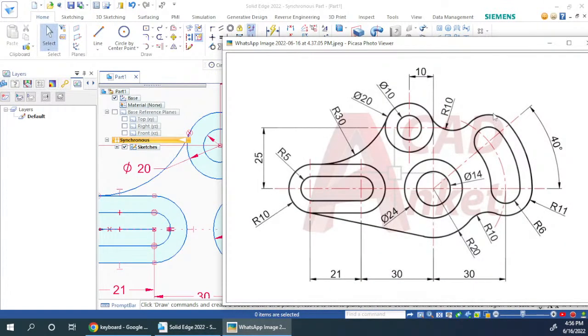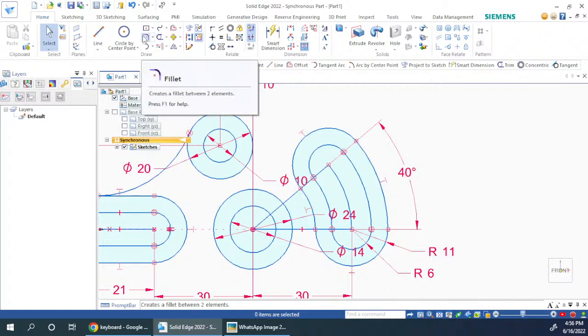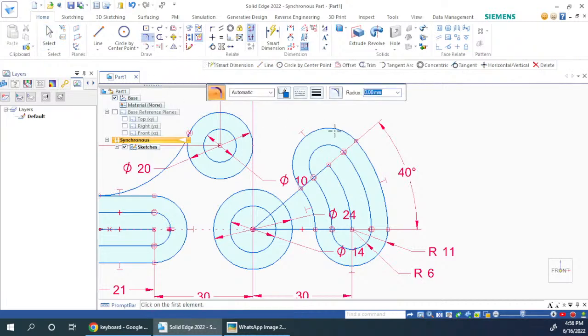Now we need the fillet over here. So either you can go with fillet. I don't know whether it will work or not. Let us try anyway. Okay, so this here is the command for fillet. So choose the circle and choose this arc, and you can see I'm able to choose what fillet radius I want. So here in this box, radius is changing, so I just need to feed here as 10. So just feed 10, press enter,